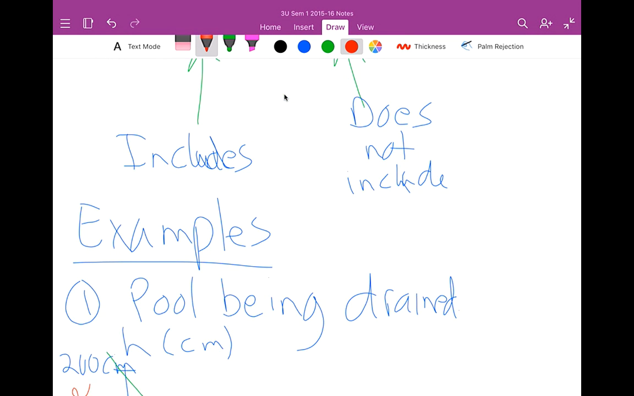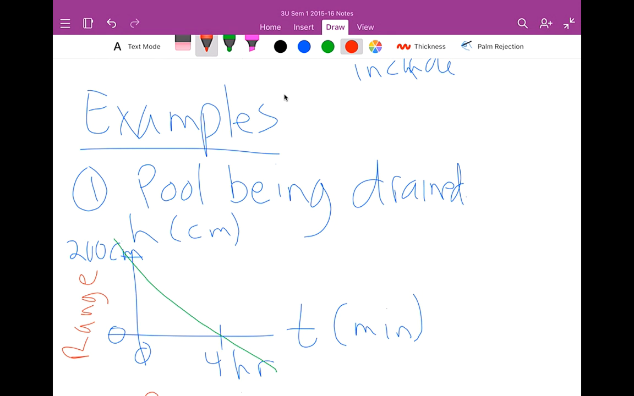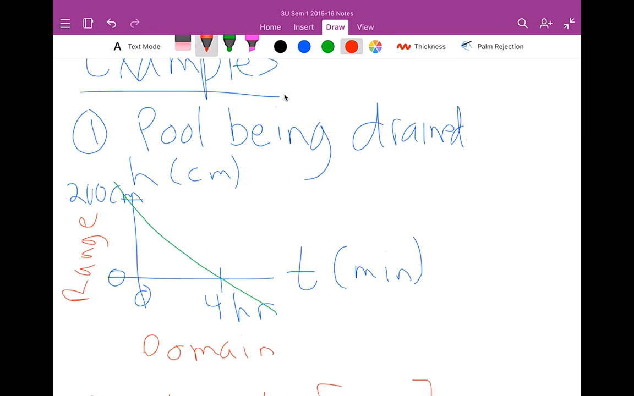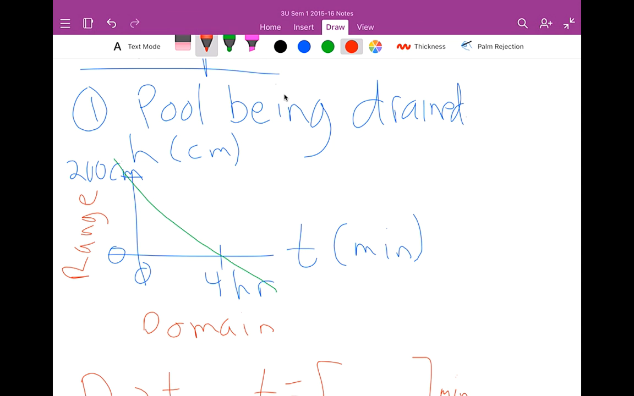Okay. So just a couple of graphical examples, and then I'll pause this one and we'll do an algebraic example. So here's a pool being drained, folks. So you pull the plug